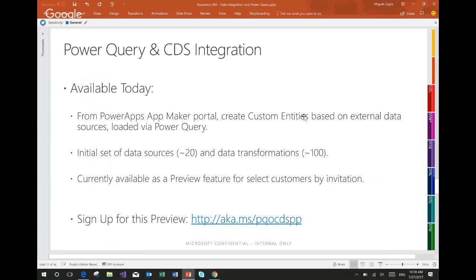So what we ask you, if you're interested, is that you follow the link below. http://pqocds/pp, which stands for Power Query Online CDS Private Preview. So if you go to that link, you'll get asked a couple of questions, basically who you are, what organization you belong to, how many people do you expect will be trying out this preview, and then I will gather your email so that we will contact you with details for how to actually access the bits. We're trying to do this with a gradual ramp-up of users because we're kind of just getting started. It's a whole new integration for Power Query.